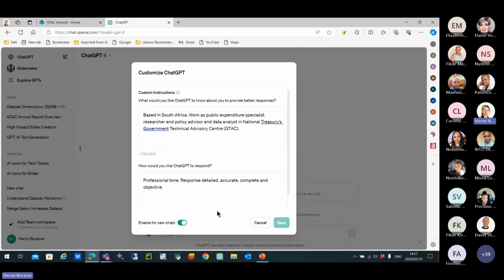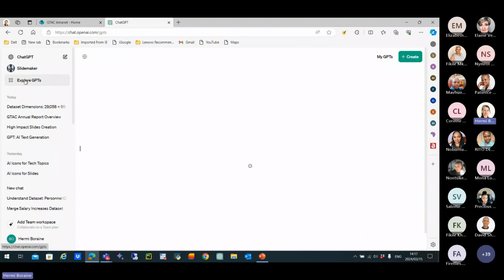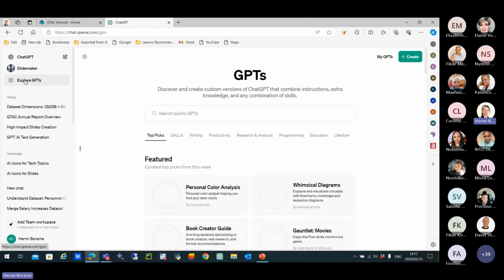Okay, so for me, that is how I customized it. I showed you where you can select your model. DALL-E is the graphics that comes with it, the more image type of language models. Okay, and then an important one is here. If you go to Explore GPTs, you can see here there are